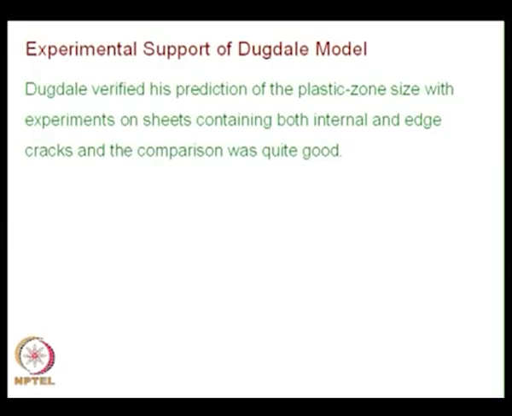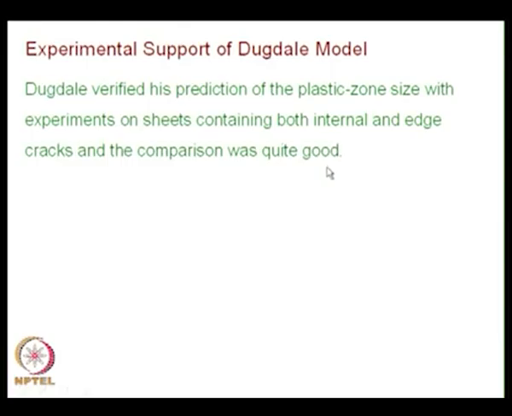This matched quite well, but what he had not done is he had not provided the pictorial support for his observations. You will also have to note that. So, Dugdale verified his prediction of the plastic zone size with experiments on sheets. So, he was working on thin specimens containing both internal and edge cracks, and the comparison was quite good,